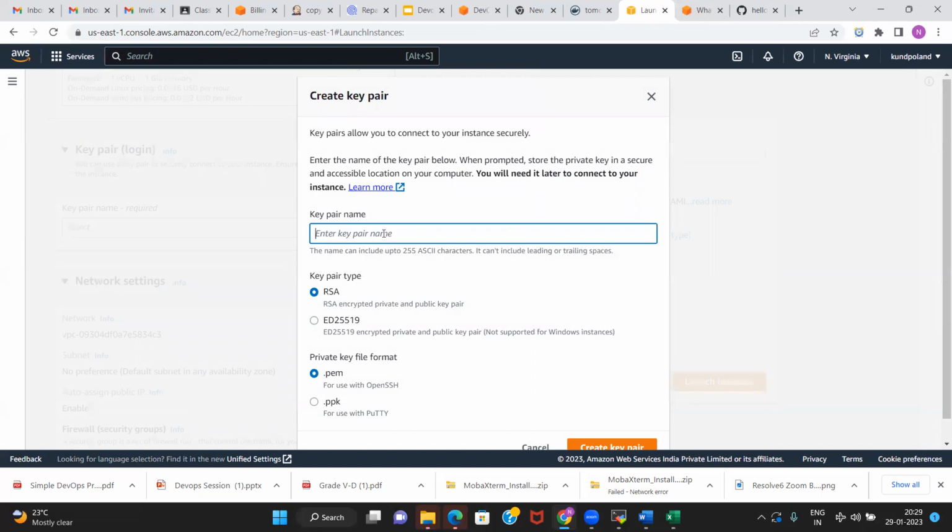So what you will do is create a new key pair. What this key pair means is that two keys will be created when you do this action. One will be there with AWS, another will be there with you. You can download it. It is like the locker we have in a bank, where there are two keys.